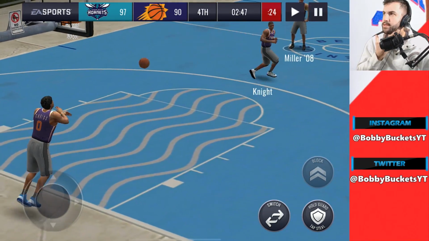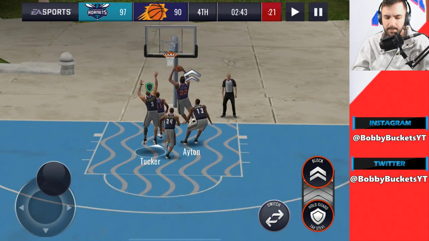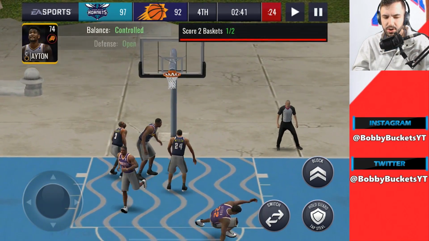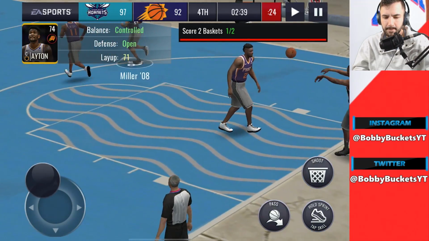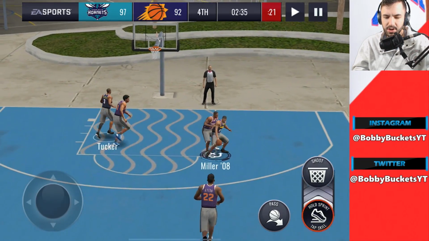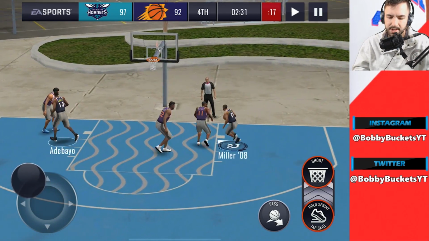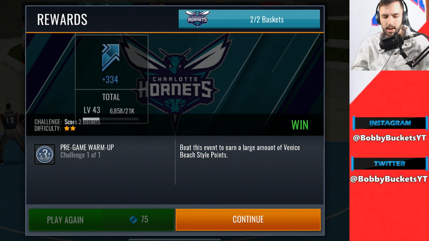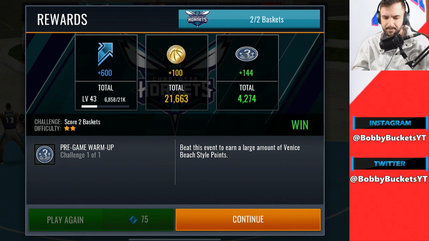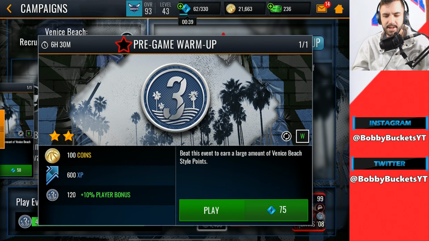Let me make sure that I'm getting the max amount that I need to be getting from this boost. I'm pretty sure the player that I drafted at first is supposed to give me a boost in votes. And I'm not sure that I'm getting the boost in votes from that player and also from my coach. So we get the dunk right there. 144. Okay, that actually is a...